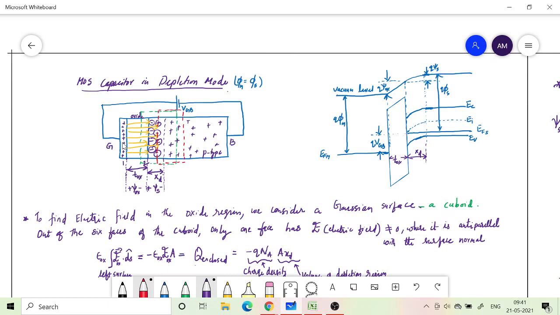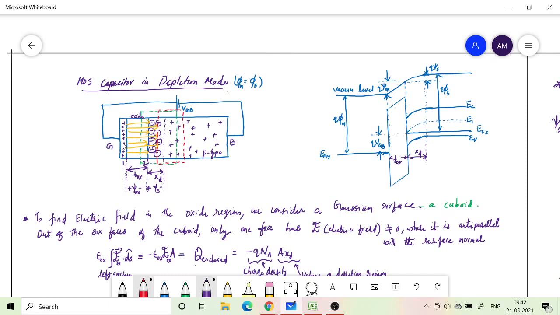Why? Because some of the flux lines will not be terminated at the interface. They will penetrate into the semiconductor region where there are negative charges on which these flux lines will terminate. Some will be terminated at the edge, but some will go deep in where you have negative charge. So there will be an equal amount of positive charge on the gate and correspondingly negative charge. We are applying a voltage which is small enough not to create any n channel.